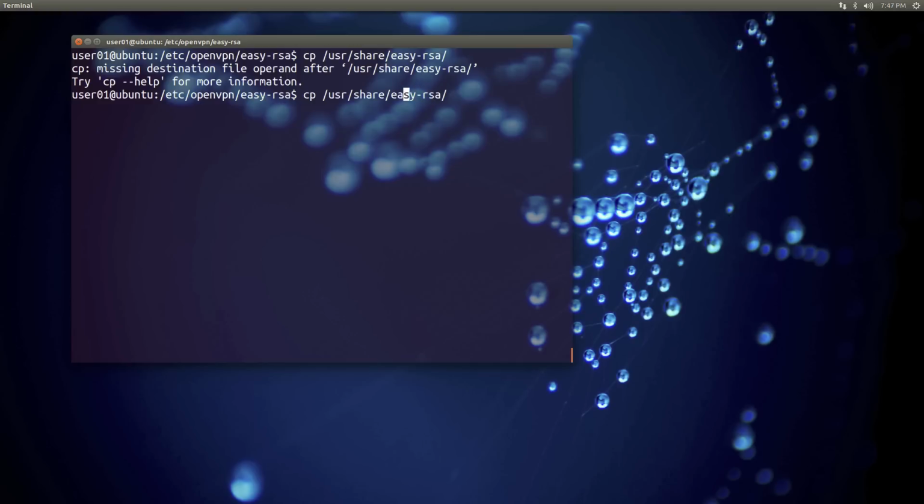So cp -r, star, and then to etc OpenVPN. There we go. I'm not going to type that because I just spent the last 2 hours adjusting a file,